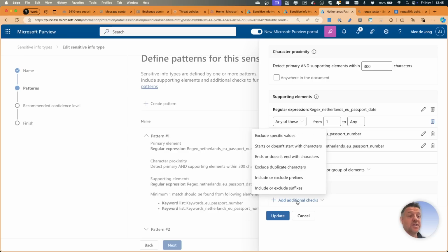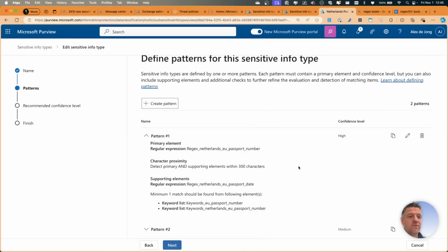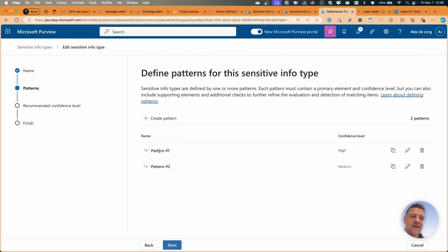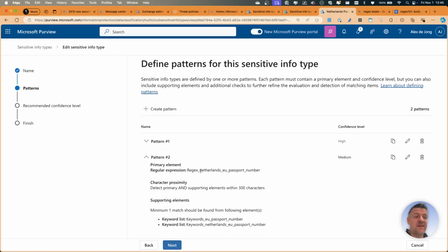We can even add more checks if we wish to. We can exclude values or exclude duplicate characters, or check if it starts with something or ends with something. Those kinds of things we can all configure. And this is how we can now say, if we have this match, the regular expression plus the words, then we have a high confidence that we are dealing with a Dutch passport number. We can also do a medium confidence part where we may have a different regular expression or a different word list that we're working with in order to get to a lower